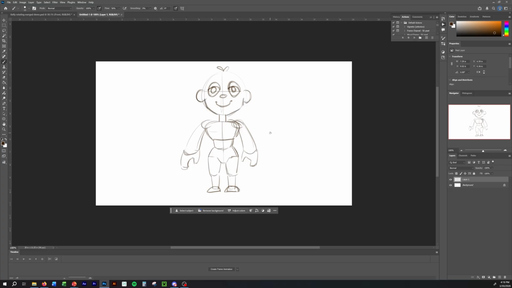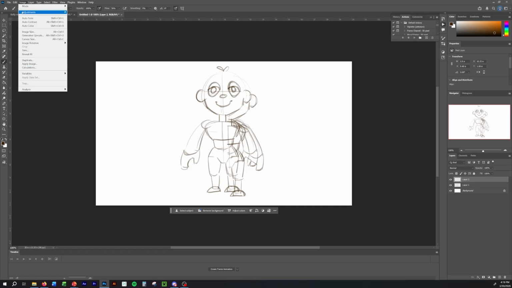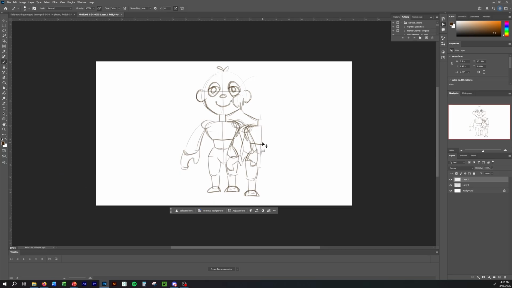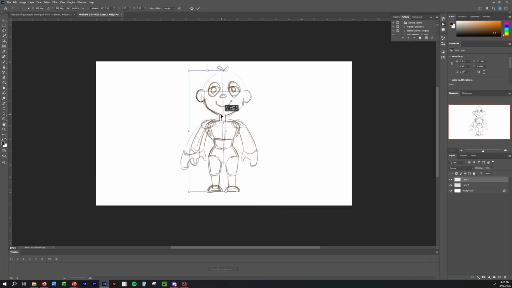Then I start by sketching out the front-facing view of the character. When I get about to this stage is when I'll decide which side, the left or right, I like more. I use the lasso tool to grab everything except for the face. I copy and paste it, flip it to the other side, and I'll just go ahead and erase that other half, avoiding the face,